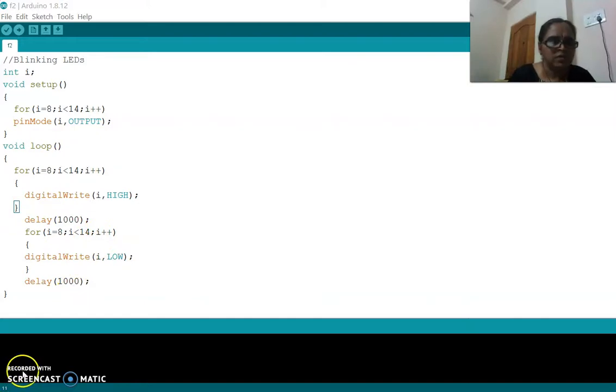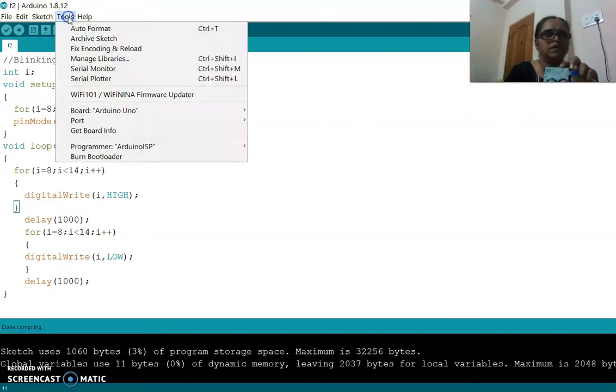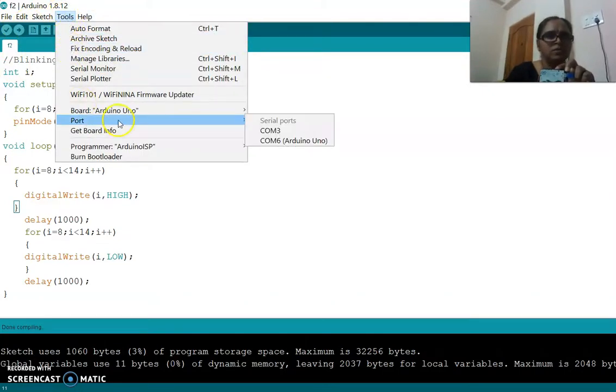Now we will see the, okay, I am attaching this board to my laptop, and then I am compiling this program to check whether errors are there or not. Now I don't have any errors in my program. So now I am checking whether this board is connected to my laptop by clicking the tools. So see, here COM6 is connected with the Arduino board.